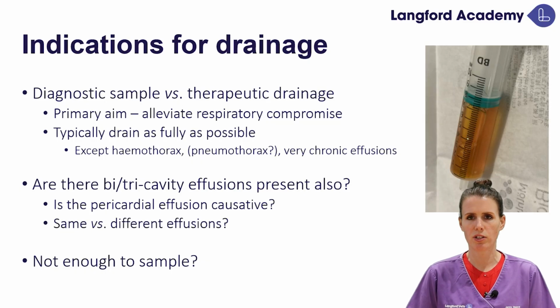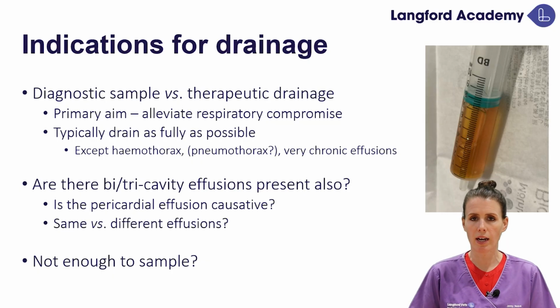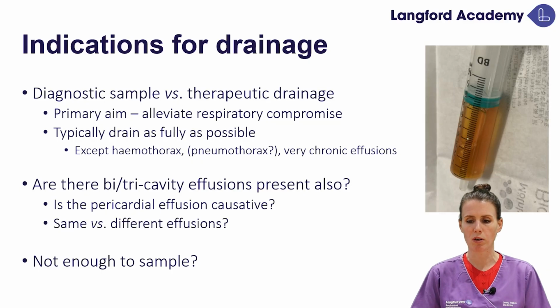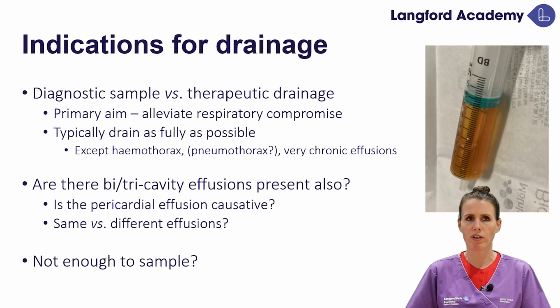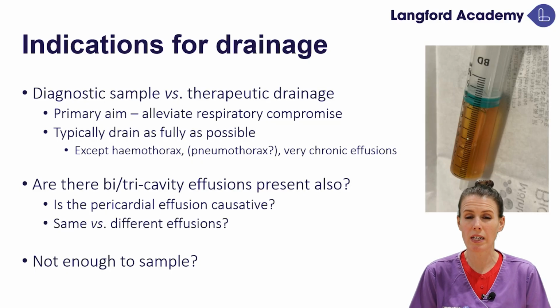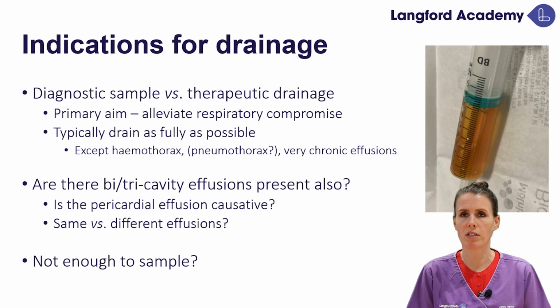The other consideration is chronic effusions, where the patient has had essentially largely collapsed lung parenchyma for a long period of time. If we rapidly drain that effusion and therefore very rapidly expand lung tissue that has been in a collapsed state for a long period of time, we can cause shear injury within the pulmonary parenchyma and result in re-expansion pulmonary edema. So if we've got a really chronic effusion, we might drain it in parts as well